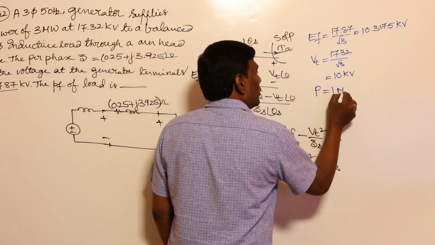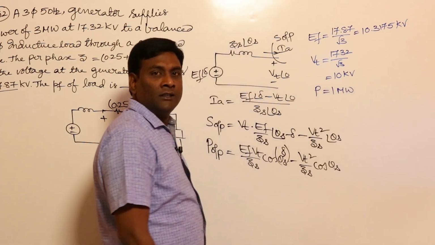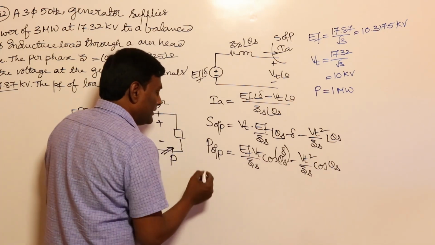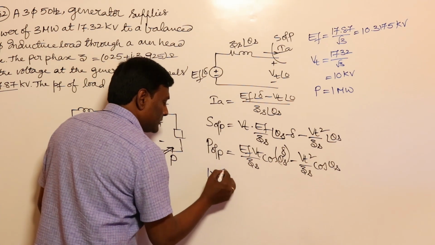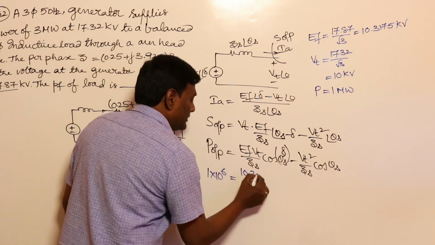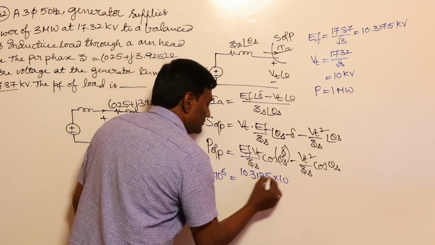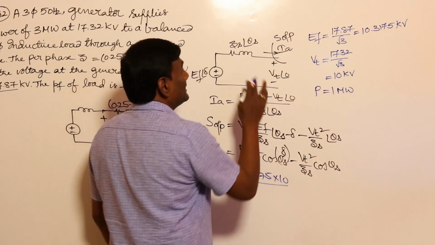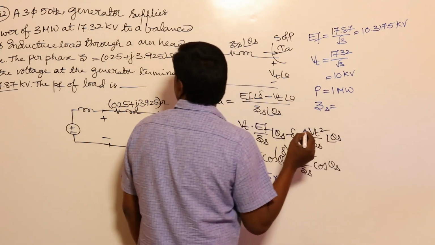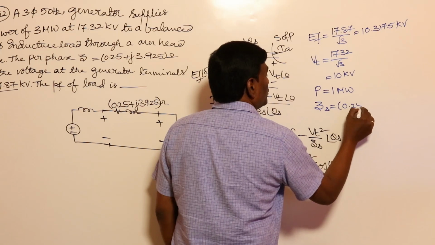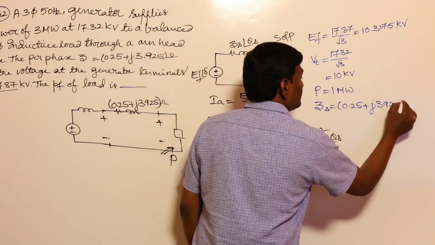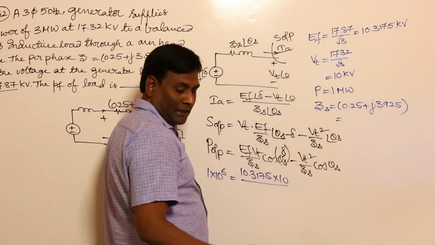It is going to be 1 megawatt, because for 3 phase they have given 3 megawatt. So let us include that here. This is going to be 1 into 10 to the power of 6 equal to EF, 10.3175 into 10 divided by, how much is ZS here? ZS is going to be 0.25 plus J 3.925, which has the magnitude of,